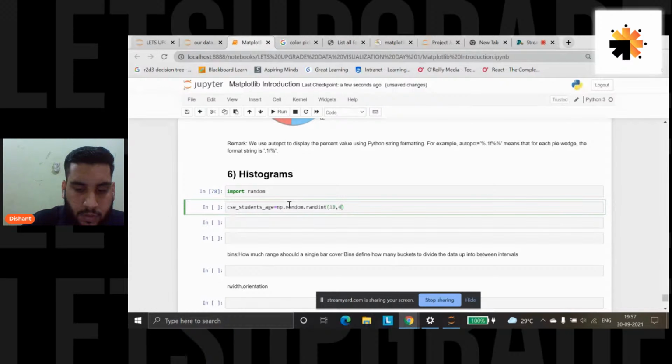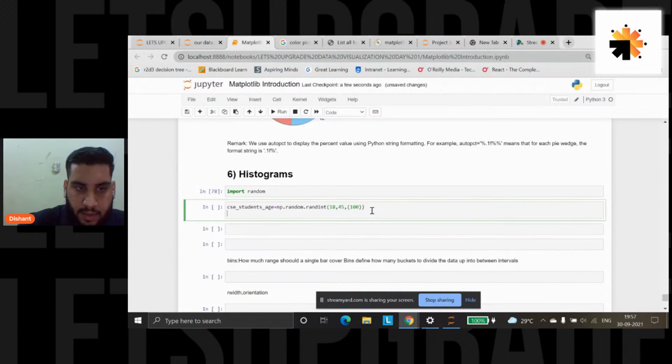So this random function has a parameter known as randint. This will give us random integers from 18 to 45, and we require about 100 data points. Similarly, for another variable, ECE students,